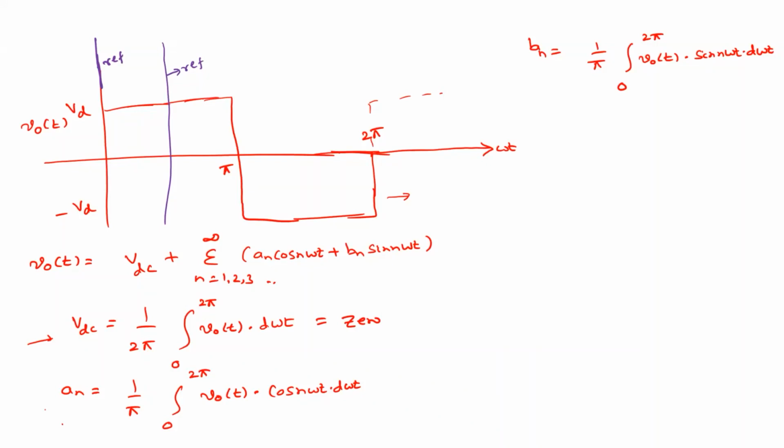Or if you choose some arbitrary point, not this one, some arbitrary value, in that case both an and bn exist. Once you know that an and bn are there, you need to calculate cn. That cn is the square root of an square plus bn square. So that's how we will do it, right? Based on the reference value, it contains either the cos terms or sine terms.